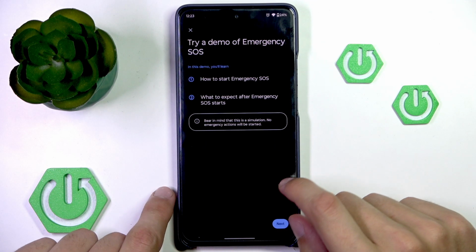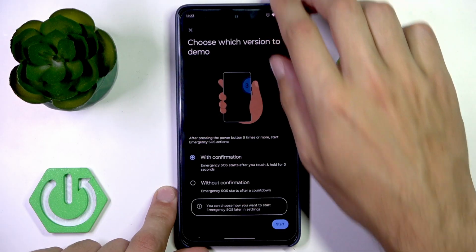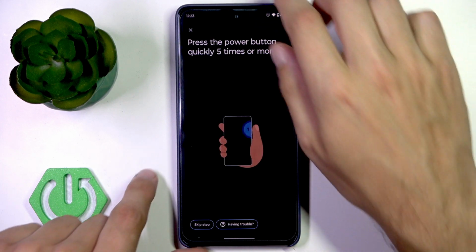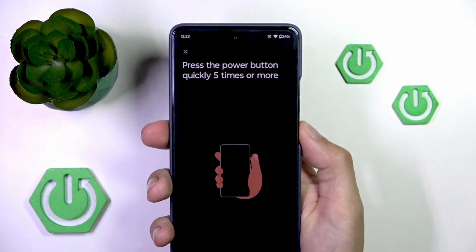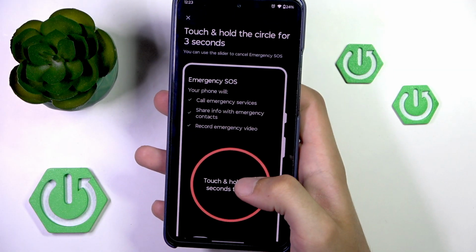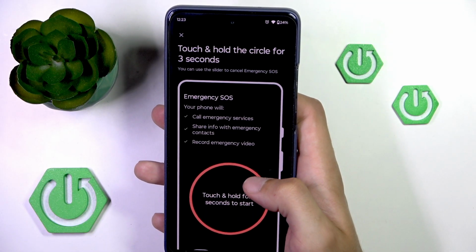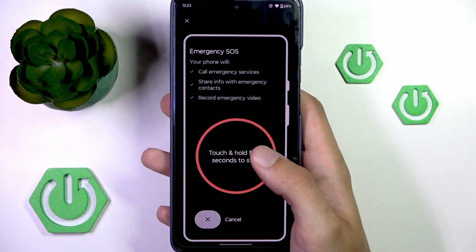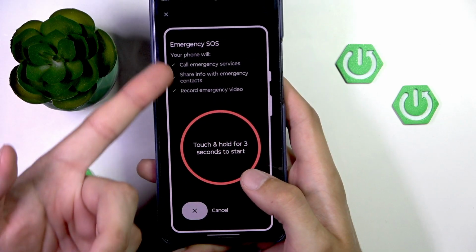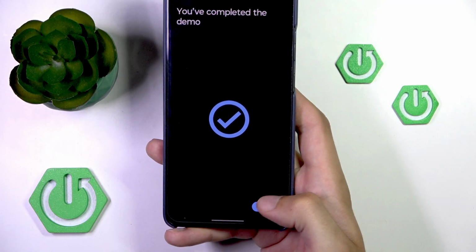You can try a demo usually, and we can just start, and then this. Now we can go through the demonstration. Now, usually it will show up a circle, which you can hold for 3 seconds to do all of those at once. Or you can cancel by sliding a slider, of course,